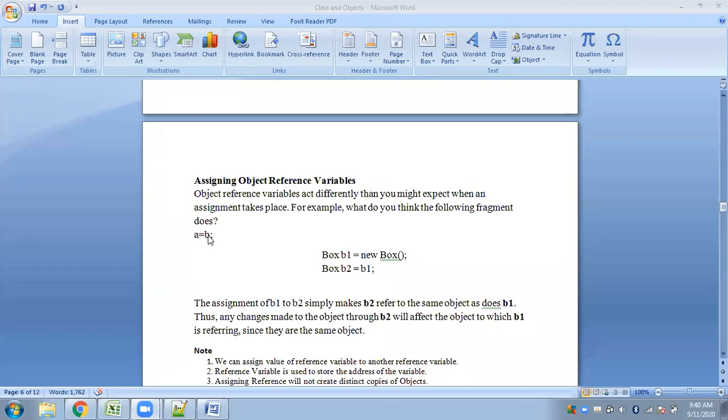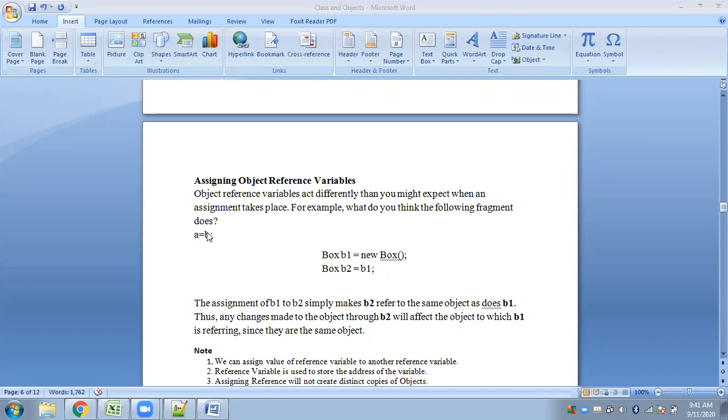We have come a long way. If you cannot answer this, then it will be very problematic for you to cope up. Okay, Rohit. Ma'am, we are assigning a value of B in A variable. Very good. So this is an assignment statement. And what is the operator used? Equal. So this is what we are doing using any ordinary variable.